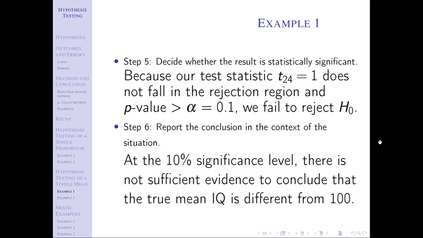If we have a two-tailed test, we use "different from" just to avoid that double negative. So population word, true. Could have used average instead of mean, that'd have been fine. IQ, right? That's the context of the problem. There's no more context. It didn't say who the IQ scores were of. If it did, I would have added that in here. If it said IQ scores of students at this university, or people of this age range, or people of this demographic, whatever it was, we'd have added that in, but none of that's listed. It just says sample of 25 IQ scores. And so we just say true mean IQ score is different from 100.